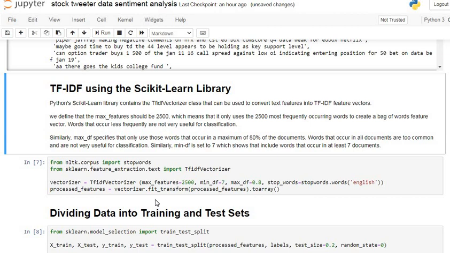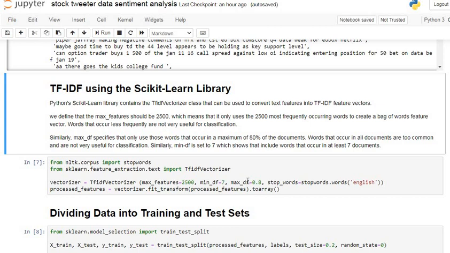Similarly, max DF, that is maximum document frequency, here set to 0.7, specifies that only words that occur in a maximum of 80% of the documents are used.